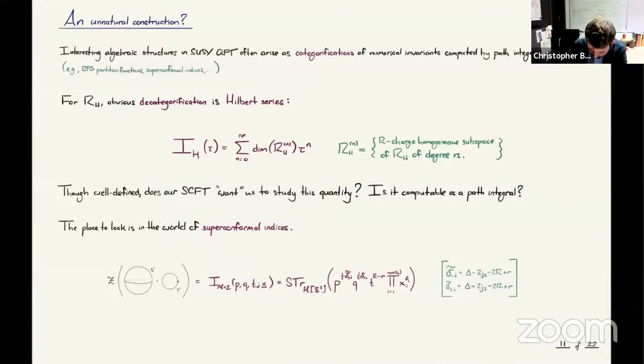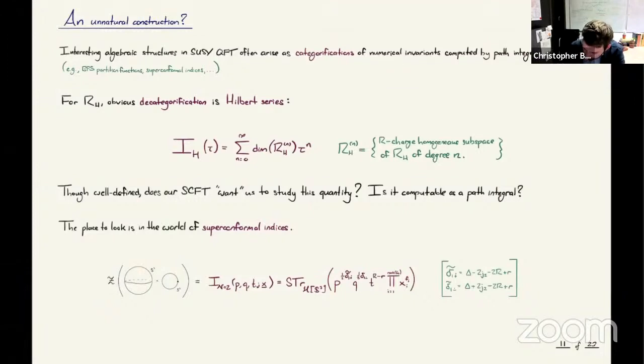So that path integral computes the so-called superconformal index, which I've written down in its most general form here. So it computes a supertrace over that Hilbert space assigned to the S3 of, okay, this is some generating function of